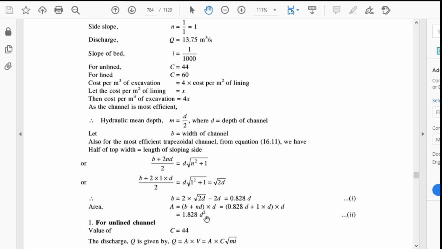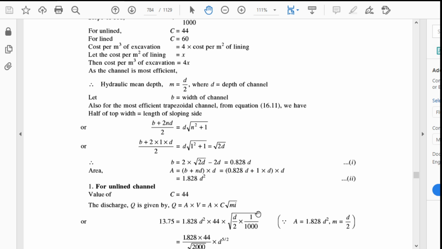Now why have they done all this? Because the B and D values are unknown. By using the conditions you can obtain m and area in terms of d. The C value is given, so for calculating discharge all the values can be obtained in terms of depth. Because discharge is given for both types of channel,